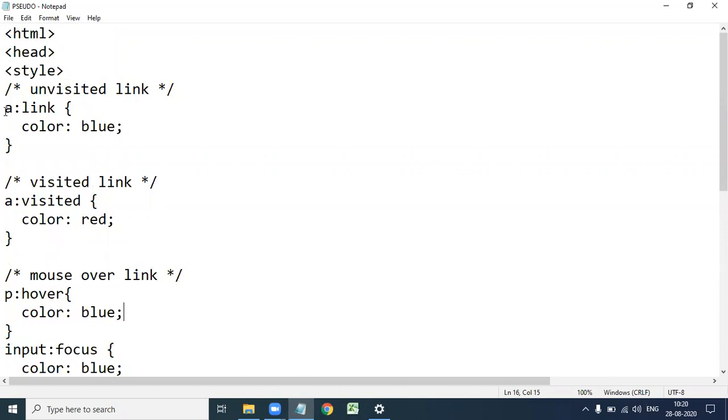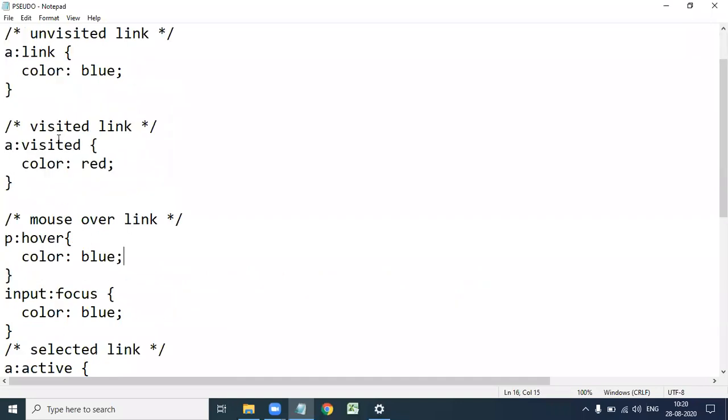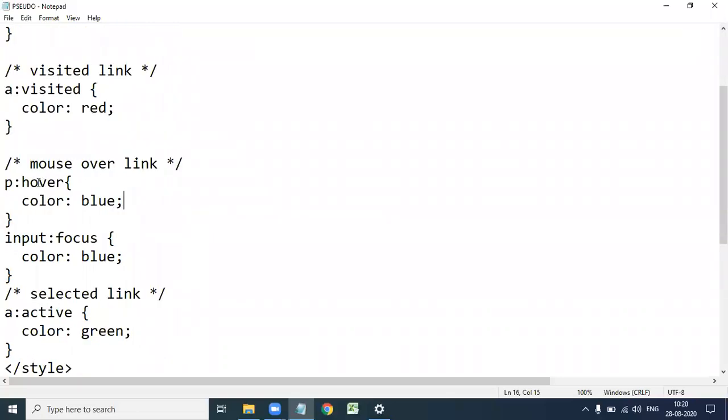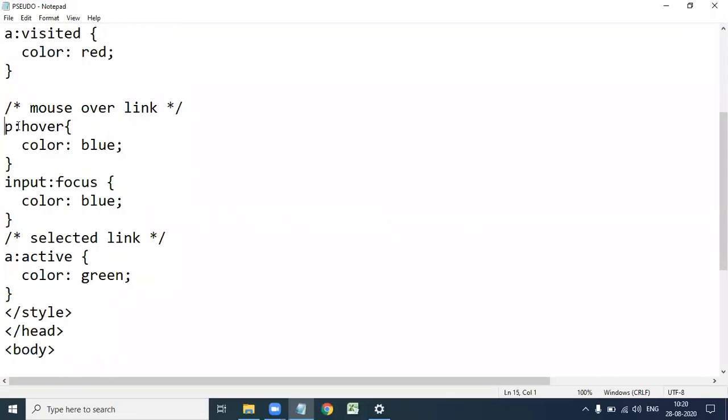Here the first selector is the hyperlink, a:link. If it is an unvisited link, it is represented in blue color. If it is a visited link, it is represented in red color. Next, we apply style to the p paragraph. If you mouse over that paragraph, it is represented in blue color.